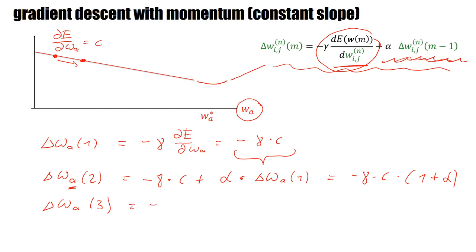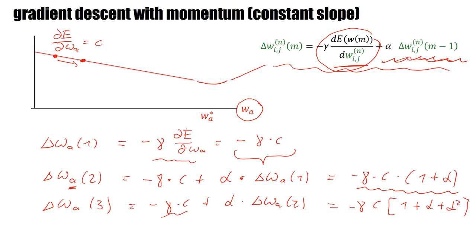So I have now minus gamma C, that's the standard gradient term arising from the first term. And then I have plus alpha delta WA at time step 2. But at time step 2, I've had this result. I have to add this gamma C. So the new result is minus gamma C times 1 plus alpha squared. So you see that if you take 10 steps